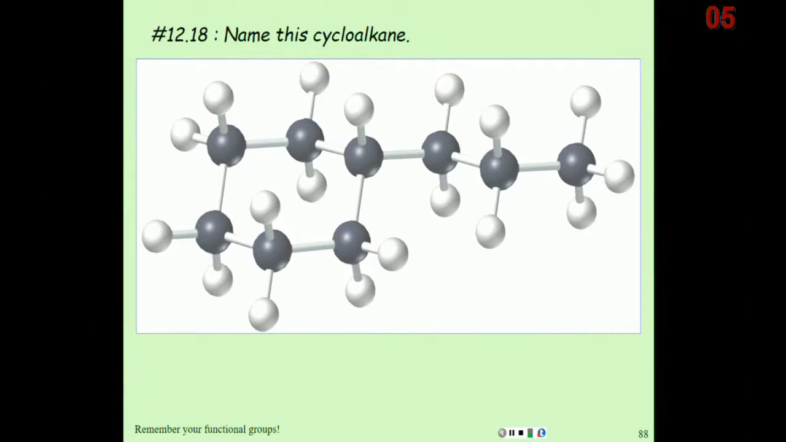The longest chain, or the parent compound name this time, is the ring structure. There are 6 carbons in that ring, and so we call that, think hard, cyclo, what? Just like other 6 carbon compounds, it's cyclo, but it's hexane. And then attached to that, we have a branch now, and the branch has got to have 3